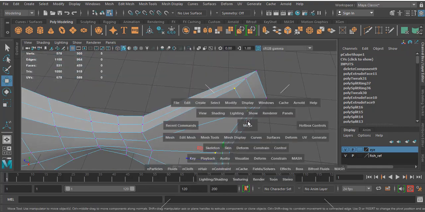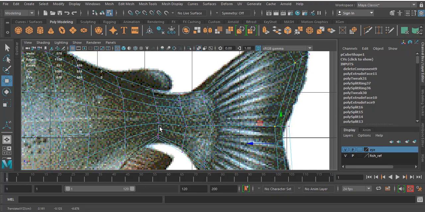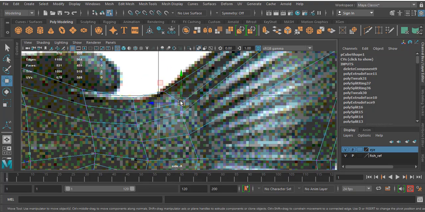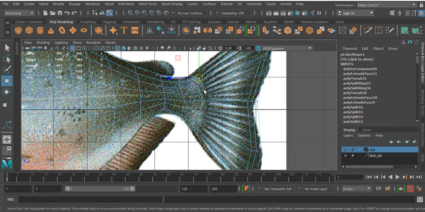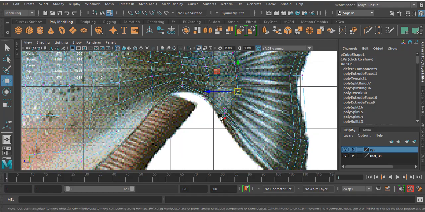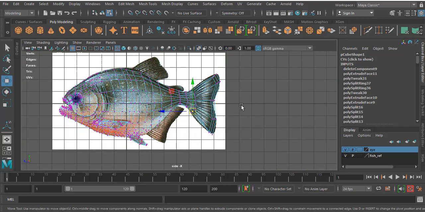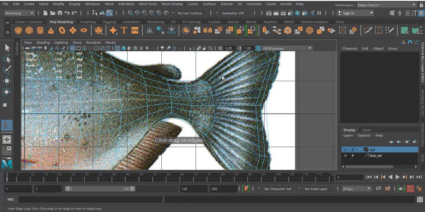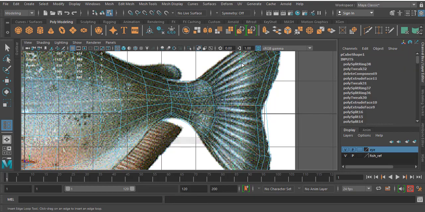Okay, now add spans. Like if you want to define this area, you can define, like place that. If I zoom it over and over, you cannot find that fleshy area because this fin till here, that fish body will be here. From here only tail starts to the end. Okay, I'll select all the vertices. What I'm going to do is select insert loop, click one span and two.